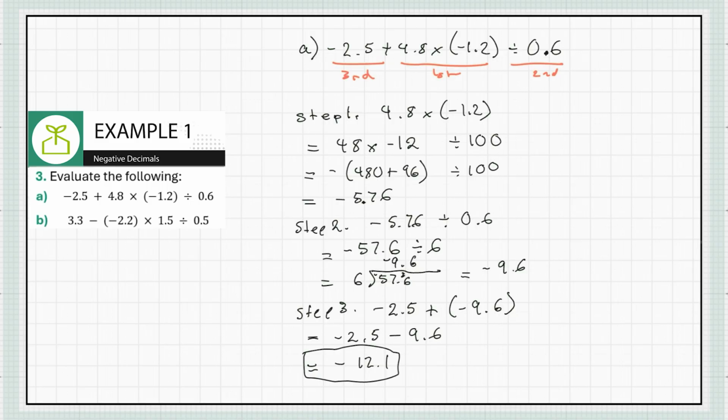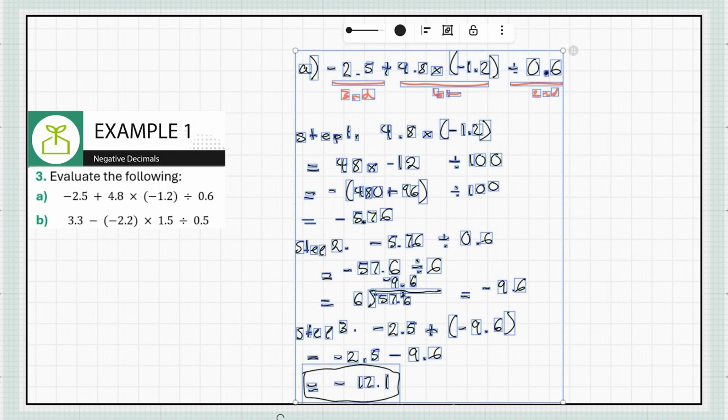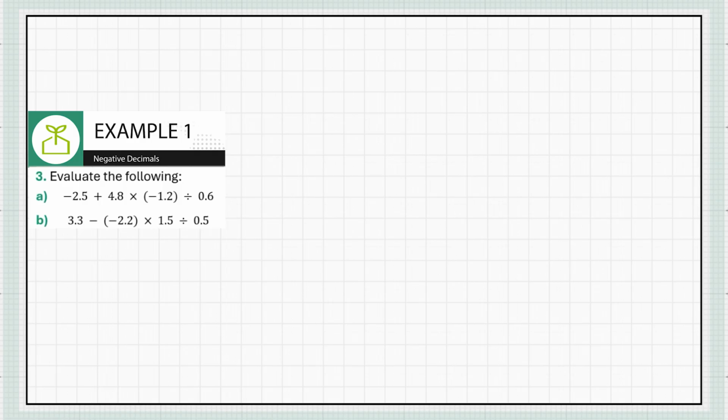Alright, let's do one more example. Now, B, we have 3.3 minus negative 2.2 times 1.5 divided by 0.5. Okay, so we need to do our multiplication first, then our division, and finally our subtraction. So we do step 1,